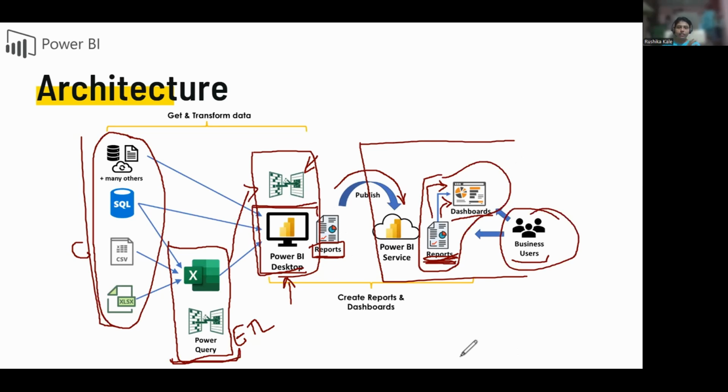Okay. So this is the overall architecture, and this is what we are also going to do when we start working on the Power BI projects. Okay, we will collect the data from different places. We will do the ETL. We will see the collected data at one place. We will start building the report, analyze it, and visualize it basically. And finally, we will publish it for the sharing purpose. Okay. Any question on this architecture part?